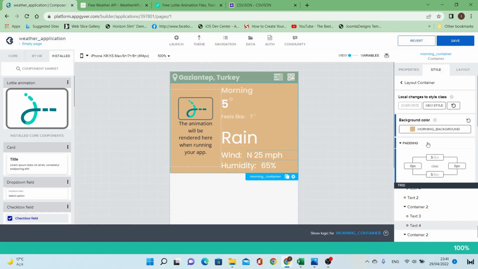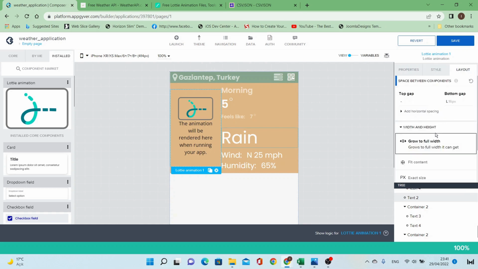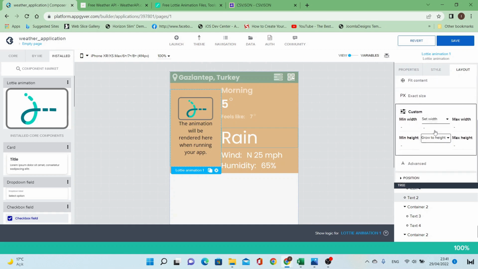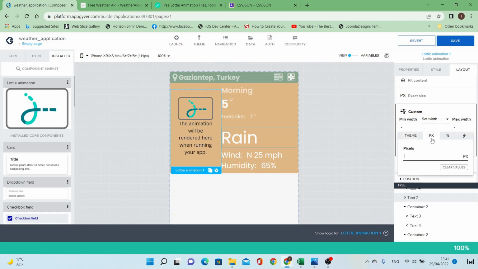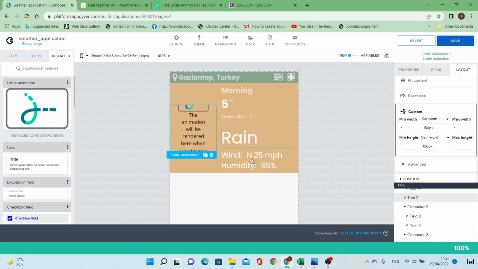and then I'll change the size from the layout tab. I'll set the width and height to be fixed numbers. Let's try this, not big, 200 pixels, maybe 150 is good, and the height will be the same. Okay,